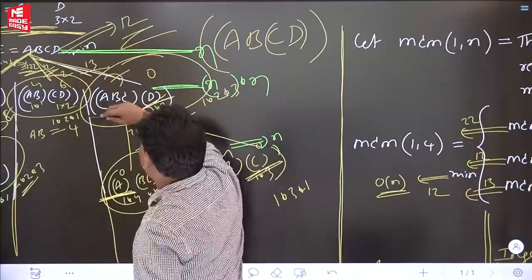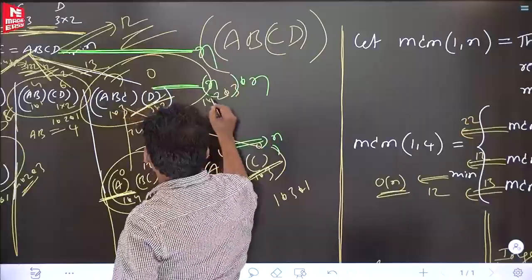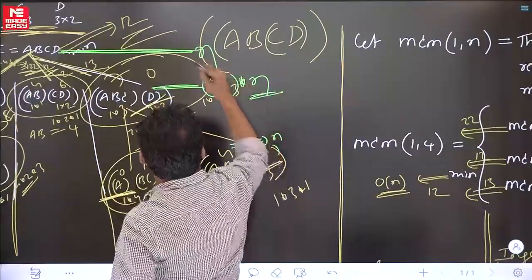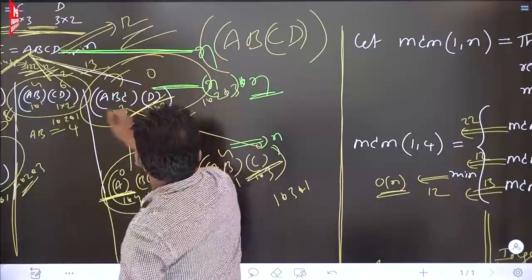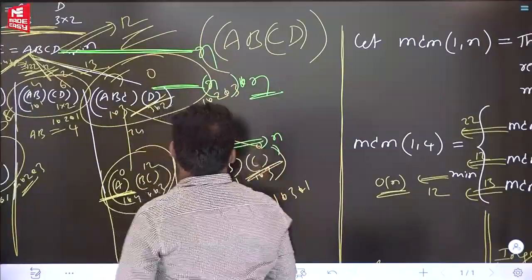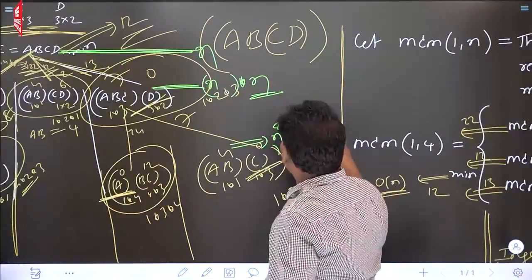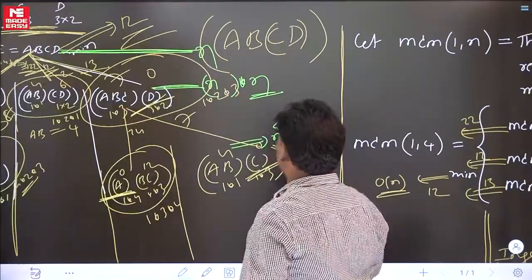Next one, second level. If you see, because of the n-ary tree, at the next level n function calls are there. Every function cost is n, because one function cost is n. Here n functions are there. N into n, n square. Next one, what is the answer? In the next level, n square function calls, every function cost is n. Continue like this. So what is the answer?